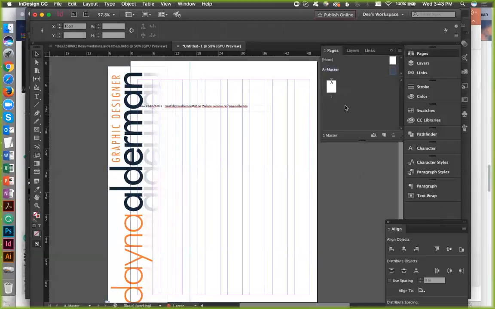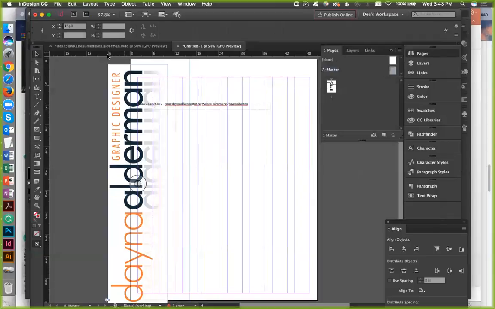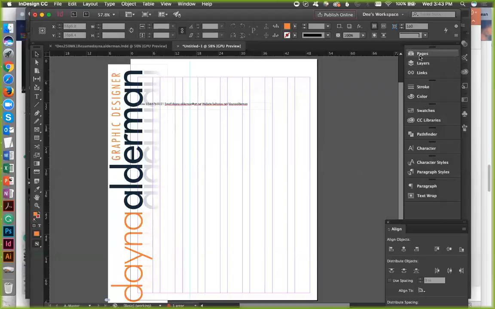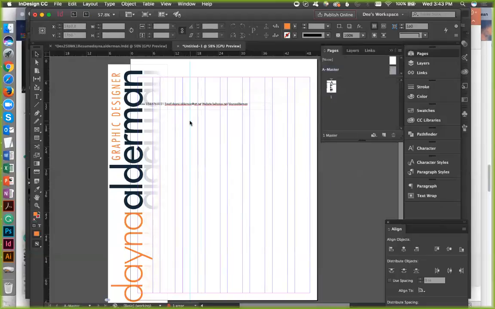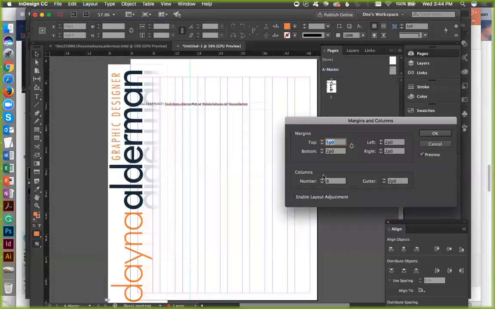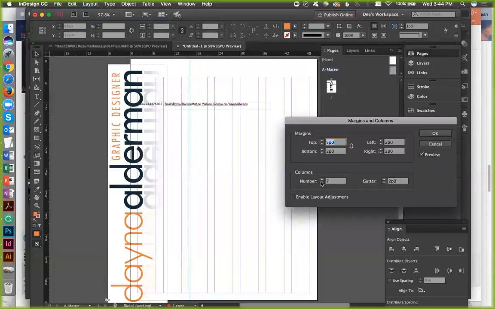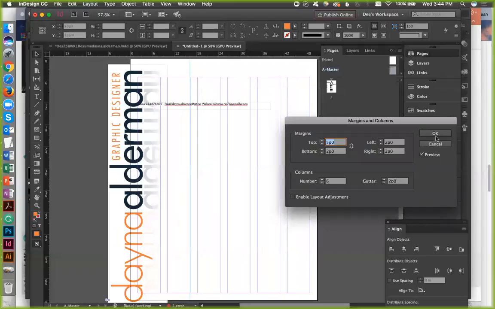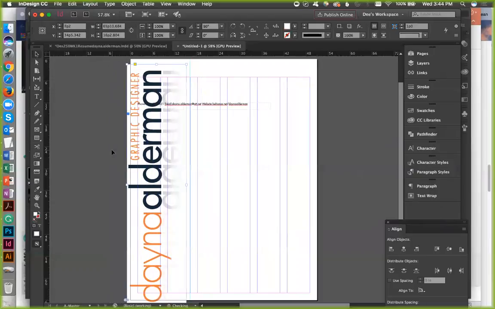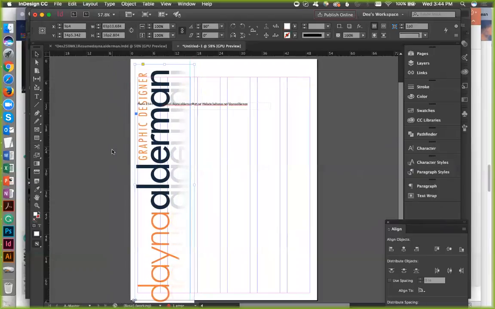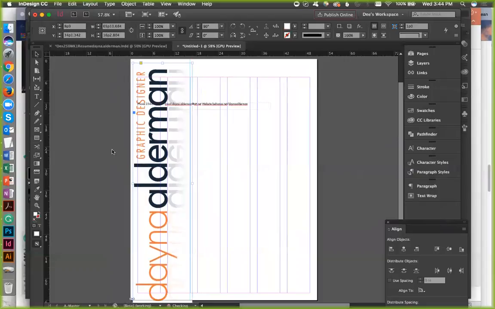And see, go over to my pages, double click. Okay. Layout margins and columns. Might be able to back it off a little bit. 7. Okay, we'll go 6. Sometimes it all depends on where I am.